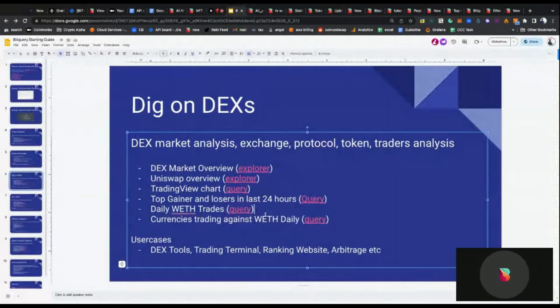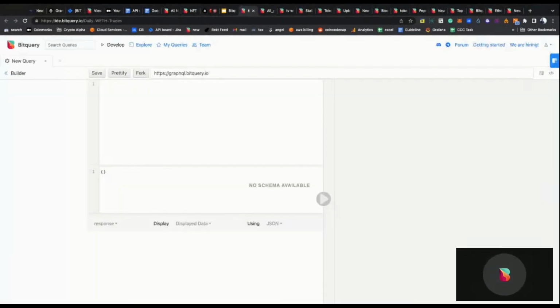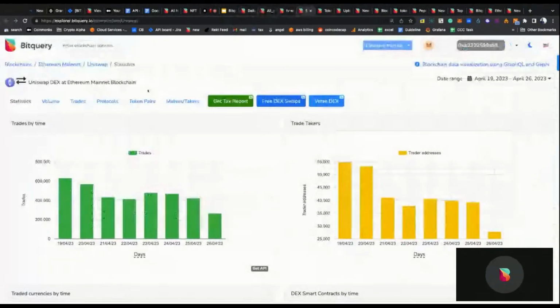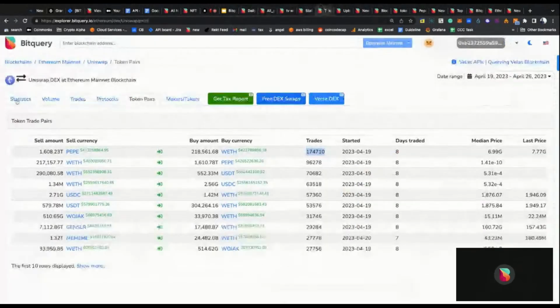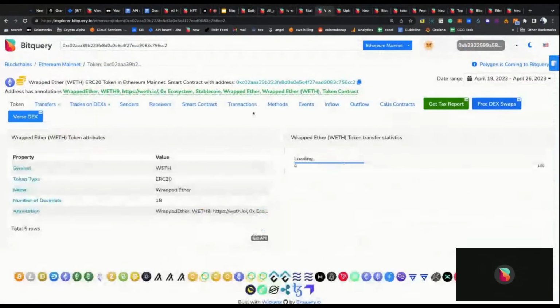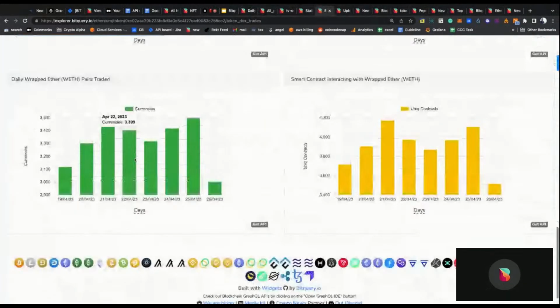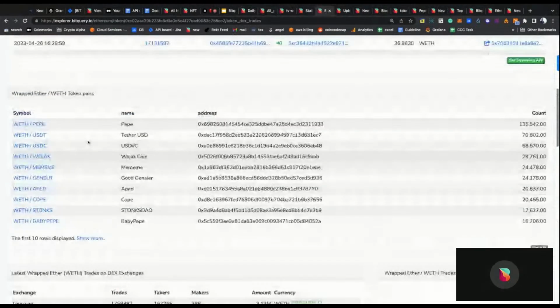Yes, and you can get all sorts of trading related data. An interesting thing is, if you want to know any specific token related trades, you can also get it. Let me show you on Explorer. For example, let's say we see WETH trades. So yes, as I showed before in token related analytics, you get all token specific trades and pairs and everything also.